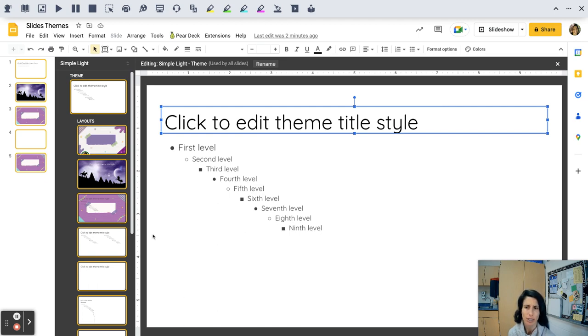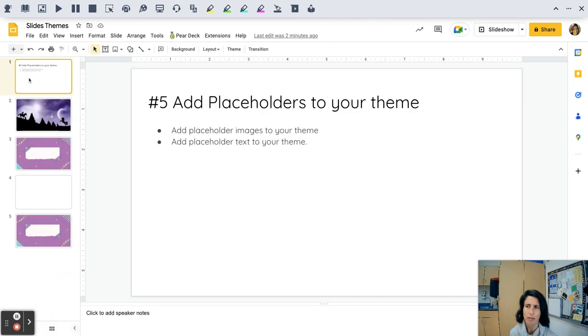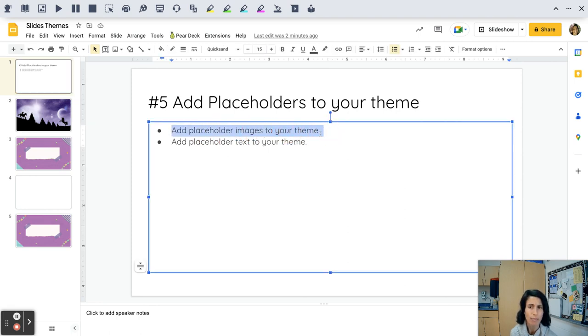So one thing you're going to notice is that I have changed a couple of things. You'll see that my font is not quite so hard to read. So I just changed that at the theme level, like I showed you how to do. So now we're going to add placeholders to our theme. We're going to add placeholder images to our theme, and we're going to add placeholder text to our theme. We're also going to change this background away from the white color and try to pick something that matches what